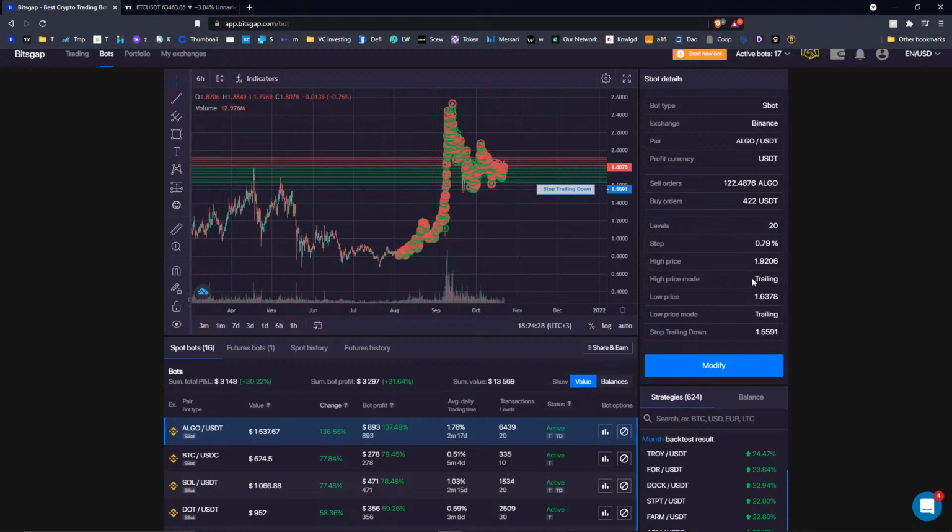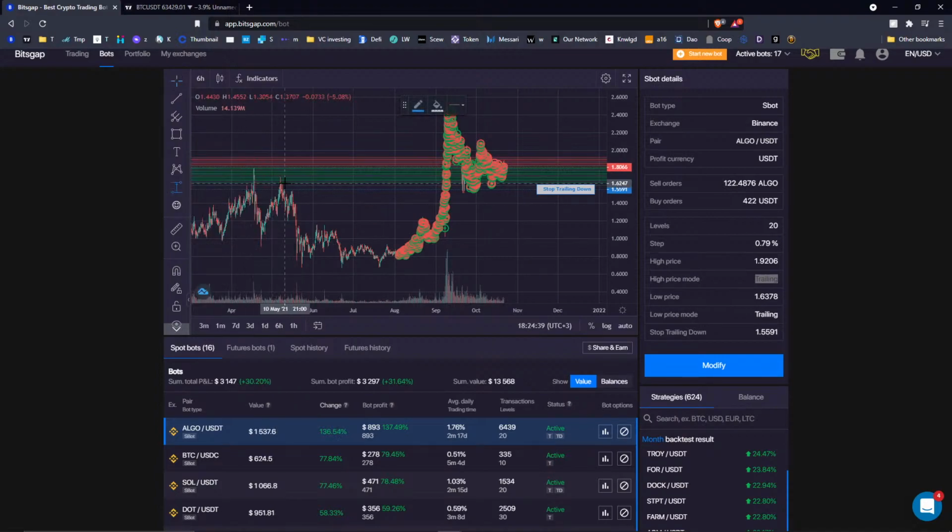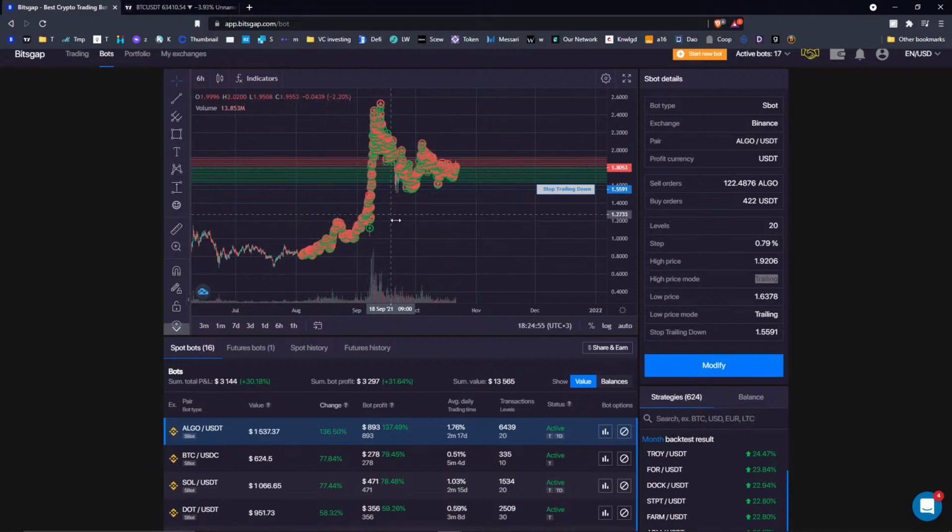And thanks to features like trading up, and that the bot had a pretty decent setup in a way that the volatility of 15% of the overall trading range was enough for me to capture all of this price momentum on Algorand. So when the price was falling a bit, it was buying, accumulating more of the base currency, which resulted in more returns as the price then reverted back and made a new all-time high, for example.